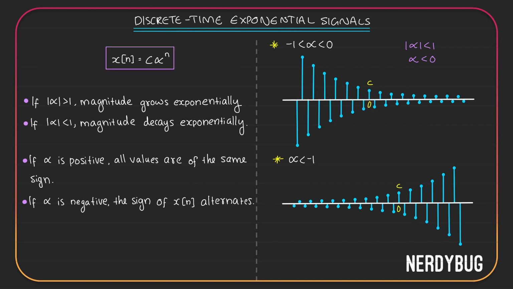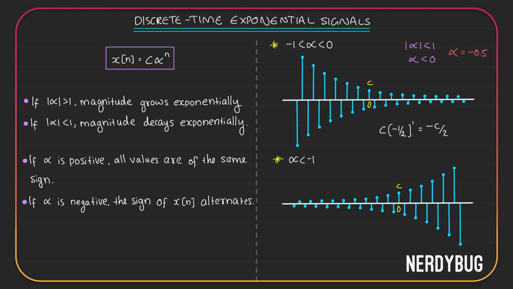Obviously, at 0, we get C alpha raised to 0, C only. Here we have C. Now, at 1, what do we get? Before that, let's take an example. For alpha, it has to be between -1 and 0. So I will take alpha as minus 0.5 or -1 by 2. So at t equal to 1, I get C times (-1 by 2) to the power 1. So I am getting minus C by 2. At t equal to 0, I had positive C. At t equal to 1, I am getting minus C by 2. It has decreased and became negative.